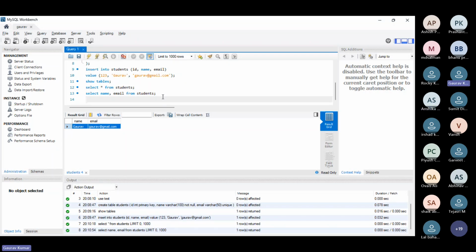What is written, ma'am? Just try to do it by yourself. What will be the query if you want to retrieve only the name from your table? Like a select, take the name, ma'am. Yes, yes. Right, select